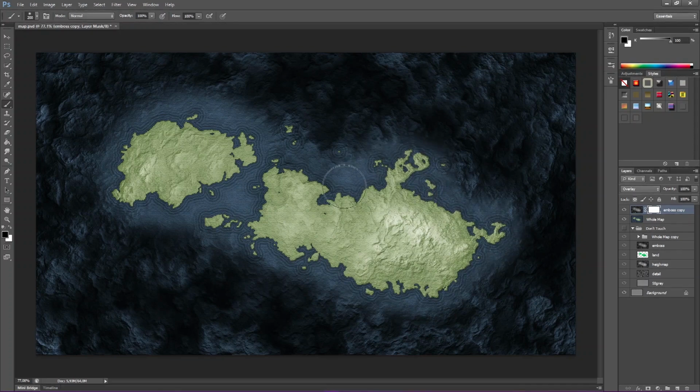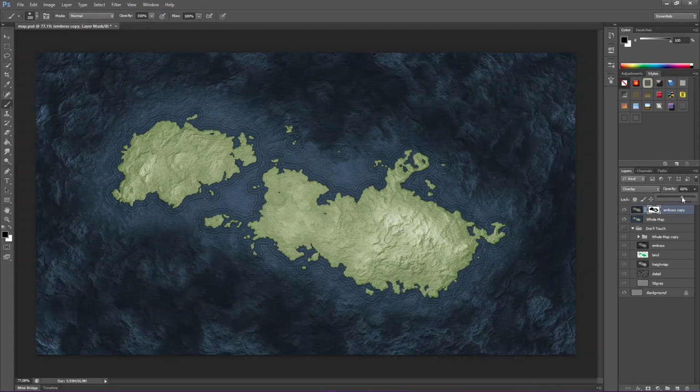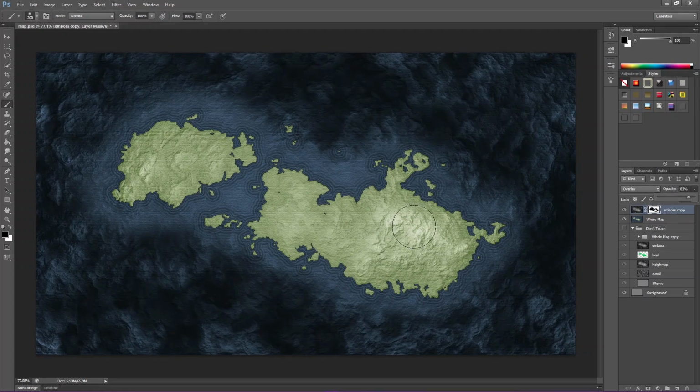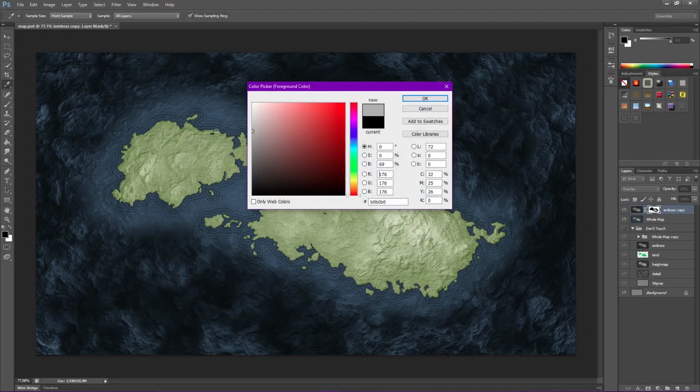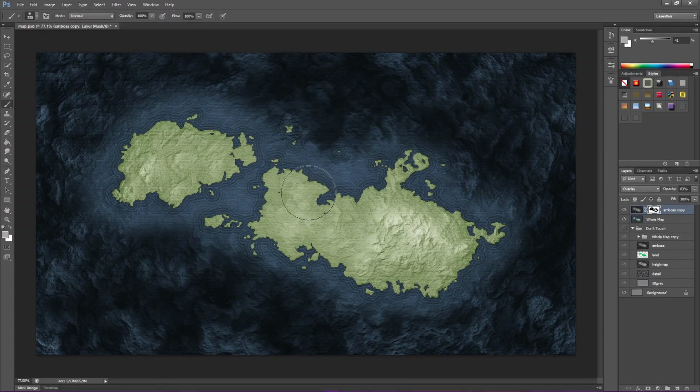Actually, this is a really nice alternative to that ocean shelf thing that I showed you before. That's actually something to note. I'm going to remember that. This is a bit extreme, so I'm just going to drop that a little bit. I quite like that. I'm going to paint with a grey instead, so that all my detail pops through. I've been doing this for years, and I always surprise myself when I discover something that I've never seen before.